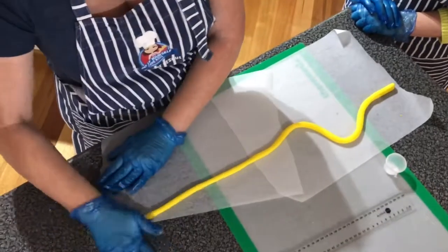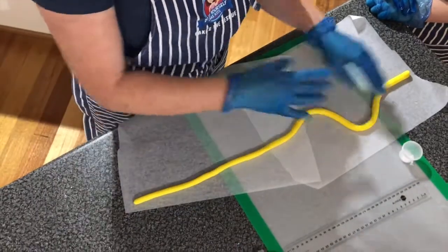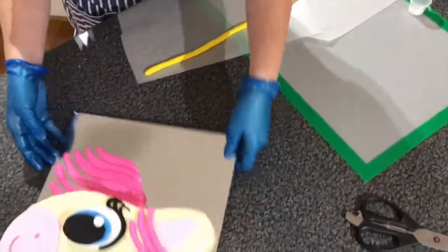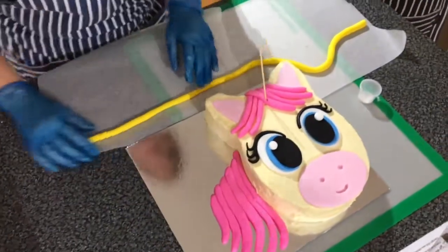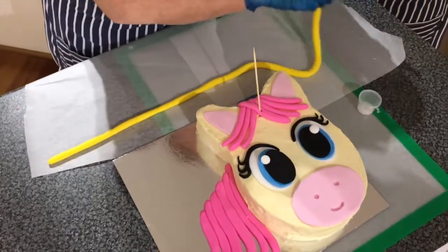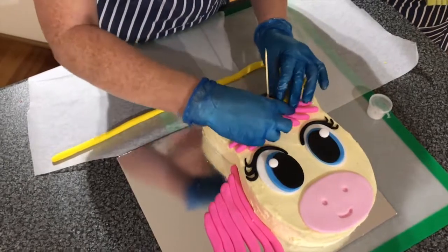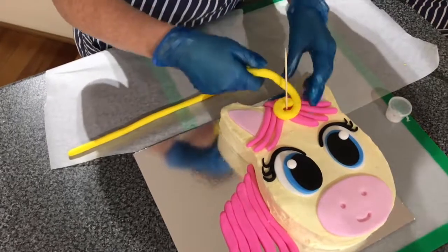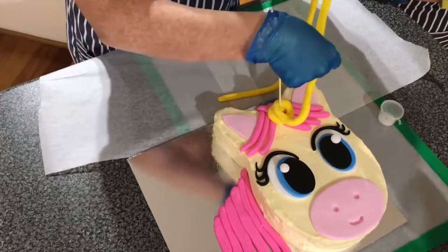So, as you can imagine, the challenge with this is actually lifting it off the piece of paper and not tearing the whole thing. So, bring the cake to the fondant, like this, so it's right next to it. You can then leave this all on the table for a while. You don't have to lift it up. So, you start at one end. You want the join to be hidden at the back. But you also want to make it the circle, so flatten it down, and then you just pick it up,